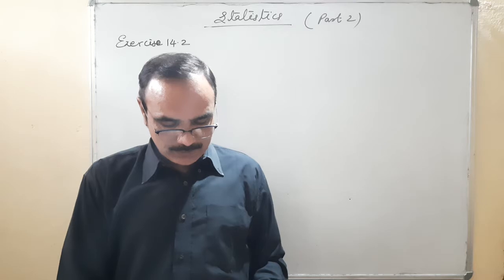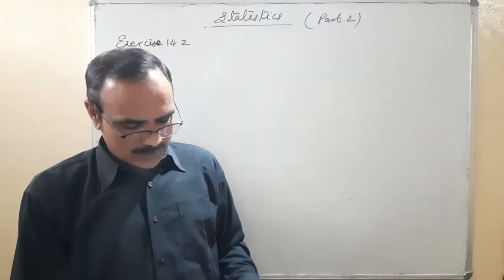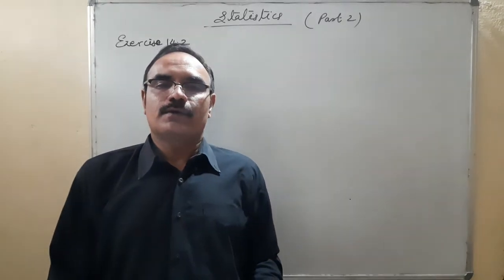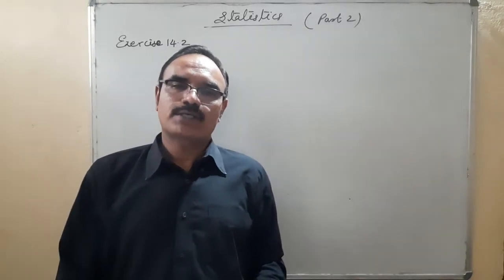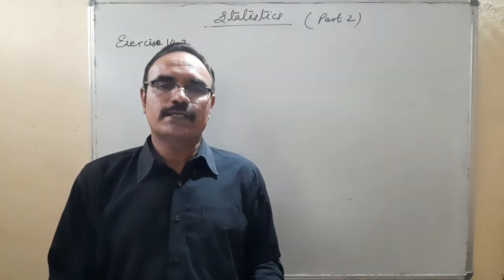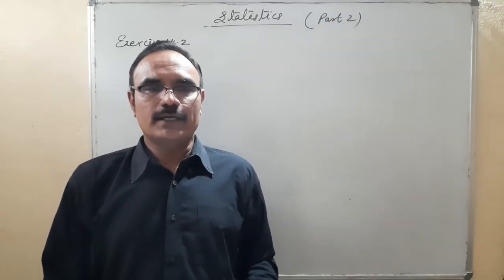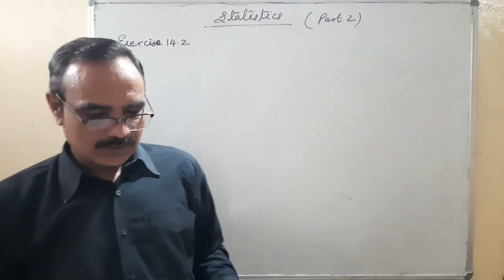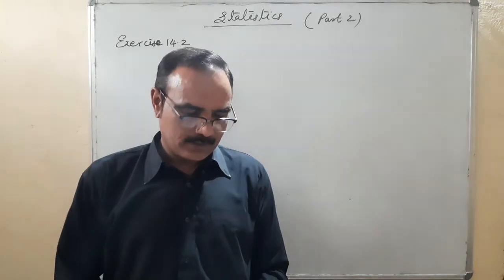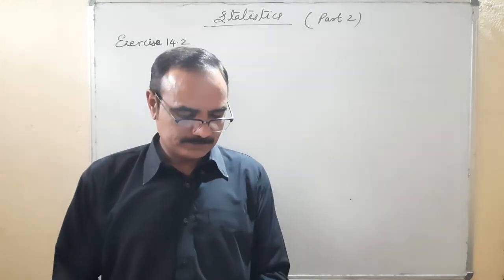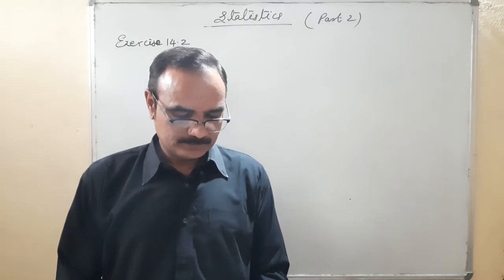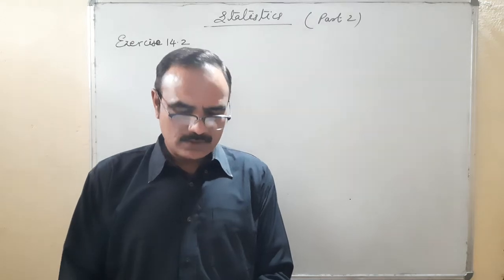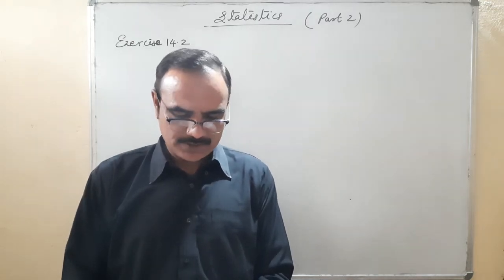Any other questions should be taken from it. I hope you will solve each and every question from it. Nothing special in it, only F1 is the number which is coming maximum number of times, F0 the preceding number, F2 the succeeding number. And in front of F1, L is the modal class. So I hope you will solve the remaining questions of this exercise. Only the digits are different, otherwise everything is the same.